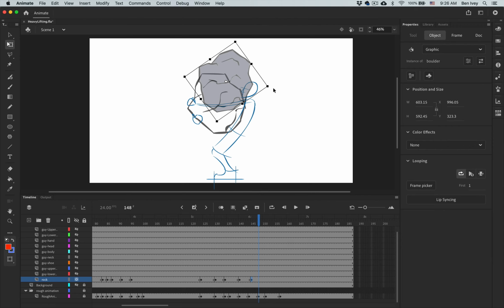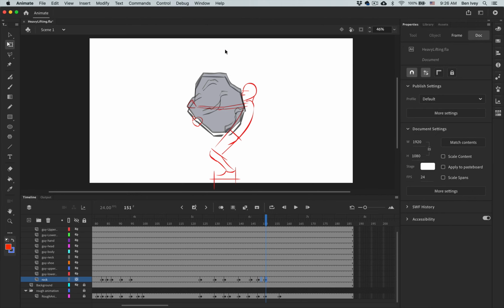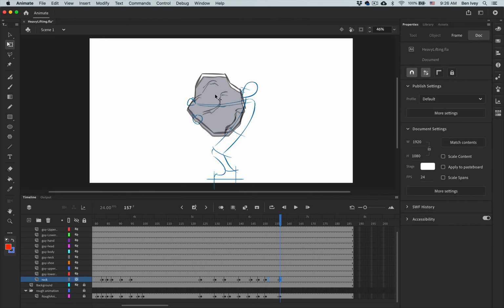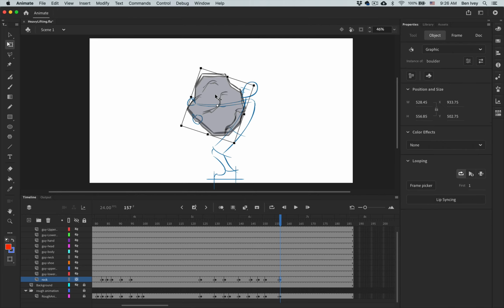Then moves down to here, F6. And then move forward again, F6. And then move forward again to its final resting place right here, hitting F6, and then selecting it and moving